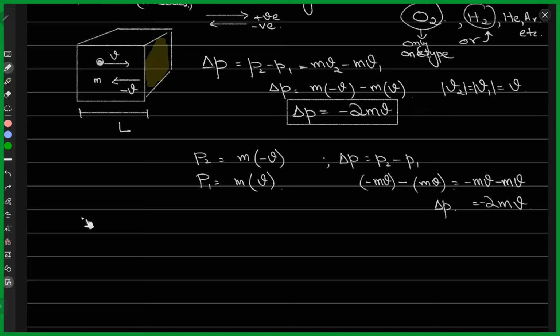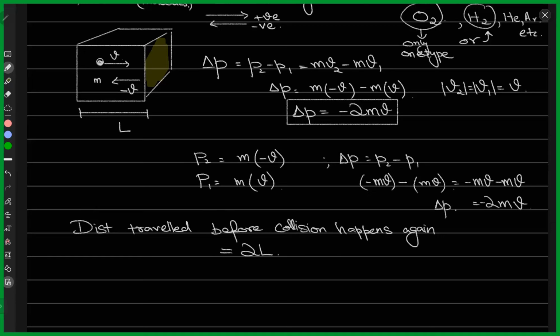So the distance traveled by this molecule before it collides again, before collision happens again, the distance is 2L, right? So is that clear? I'll write it on this side. It's equal to 2L. So if the distance is 2L, then the time taken for this collision to happen would be,